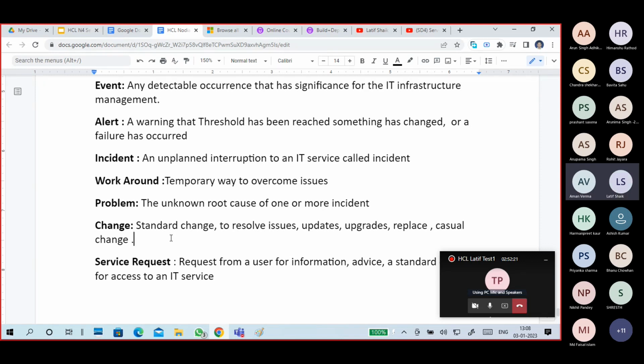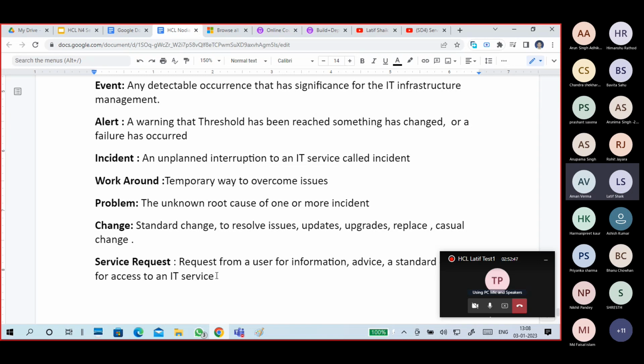Sometimes we do changes to solve issues, and we do changes based on the customer requirement. Sometimes certain changes depend upon other changes also, so you have to check it. Change management is a very good one. One more we have to do one more day.